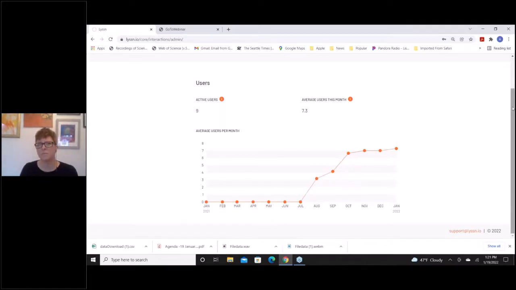And this is really important for those folks who are on month-to-month billing. The average users per month is kind of the billing point that we pull from. So we'll go in and look at this average users and say 7 users per month is what we're billing for, 7.3 users per month is what we're billing for. As a yearly subscription account, you'll see the number of active users,